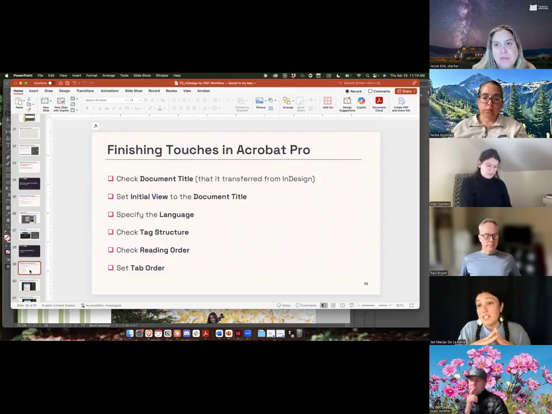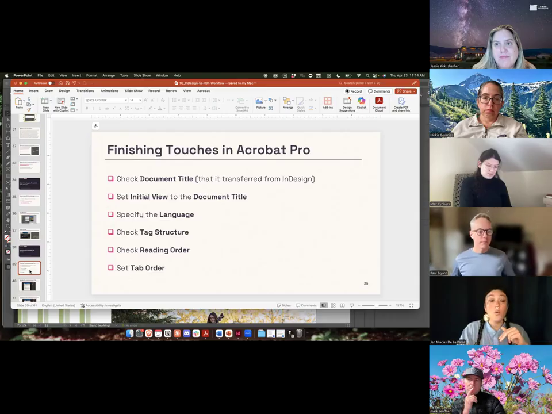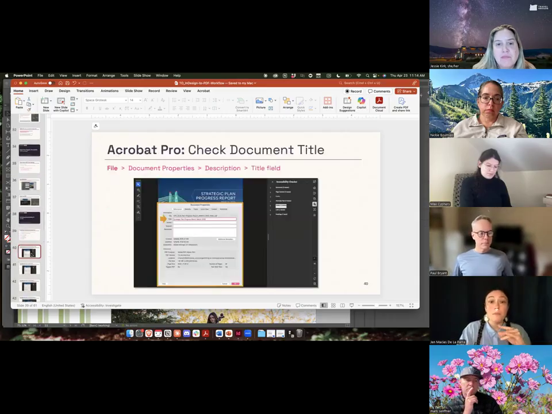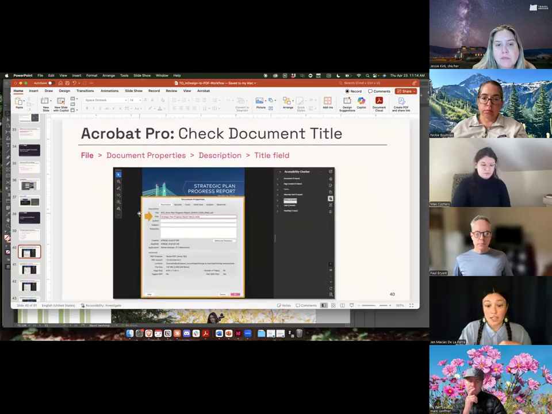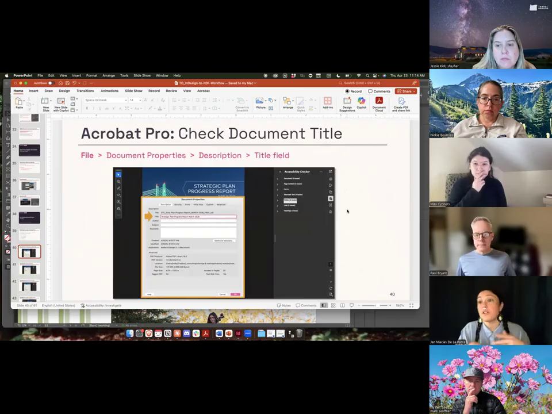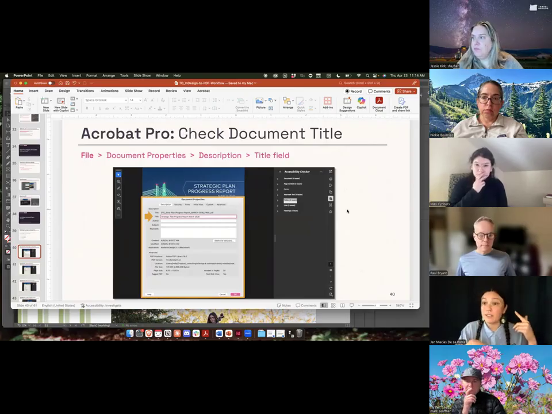We also want to check the tag structure, the reading order, and the tab order. And I'm going to show you what those features look like within Acrobat Pro. So the first thing we want to do is check the document properties. So under the file section, we can go to document properties and get the dialog box that allows us to